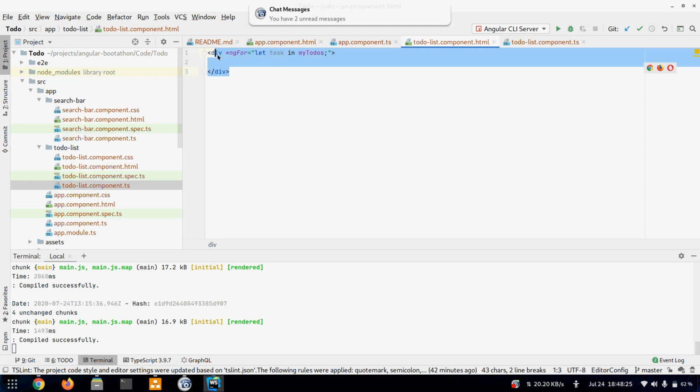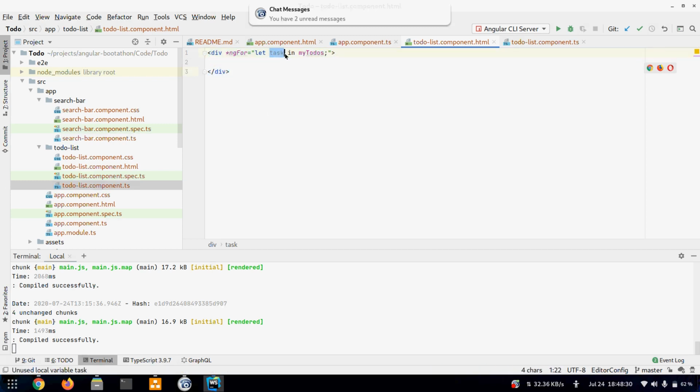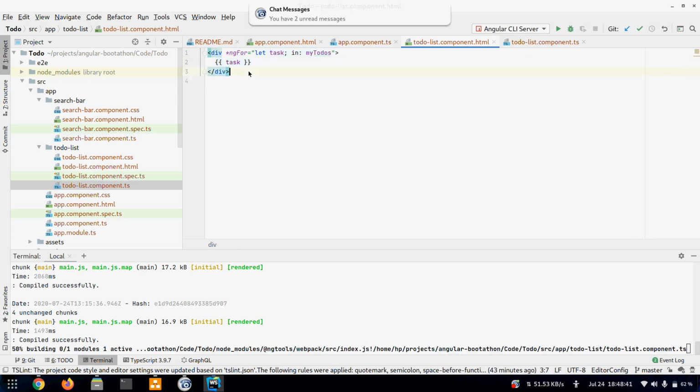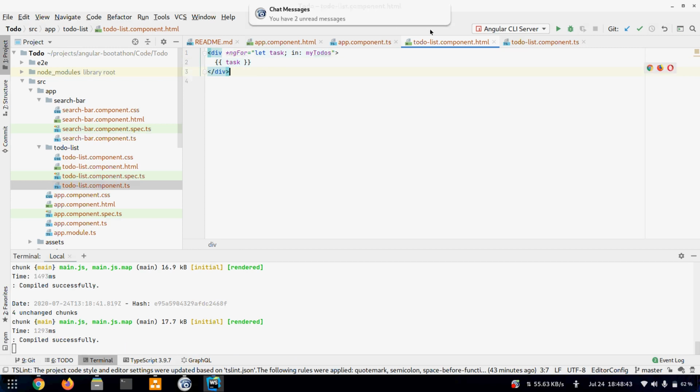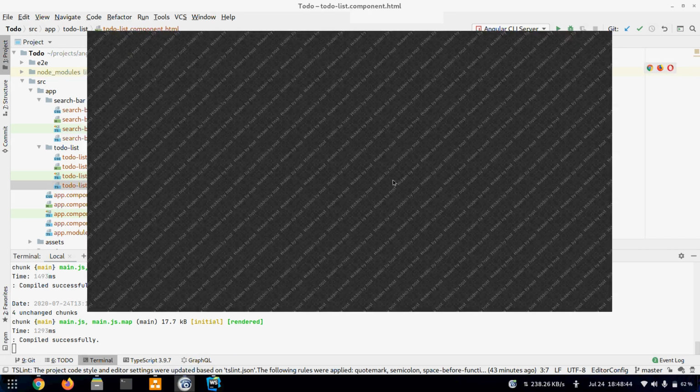Okay, so now inside this block, this task is available to us, this property, and we can use it however we like. So let's first just interpolate this into this so that we can see if it's working correctly or not. Then we'll work on styling.